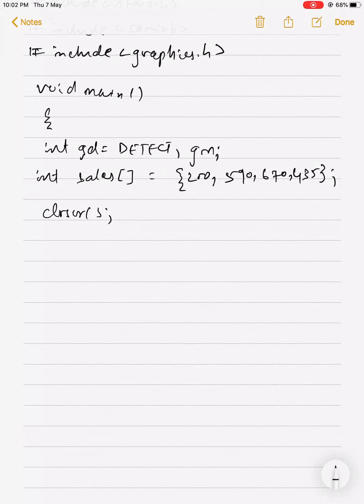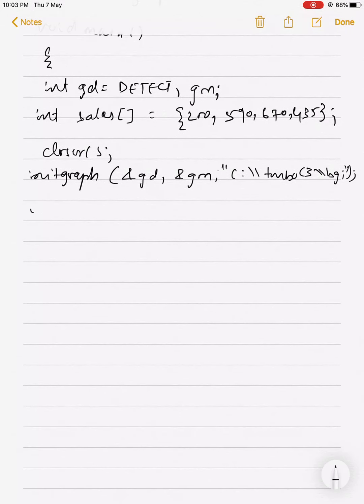Now I am writing initgraph with &GD, &GM and the Turbo C BGI path. Now setcolor 4.